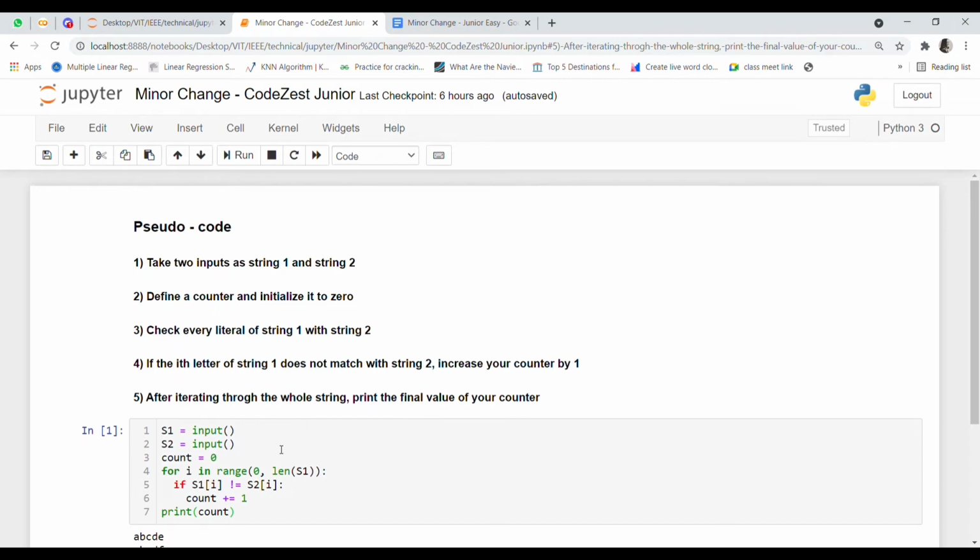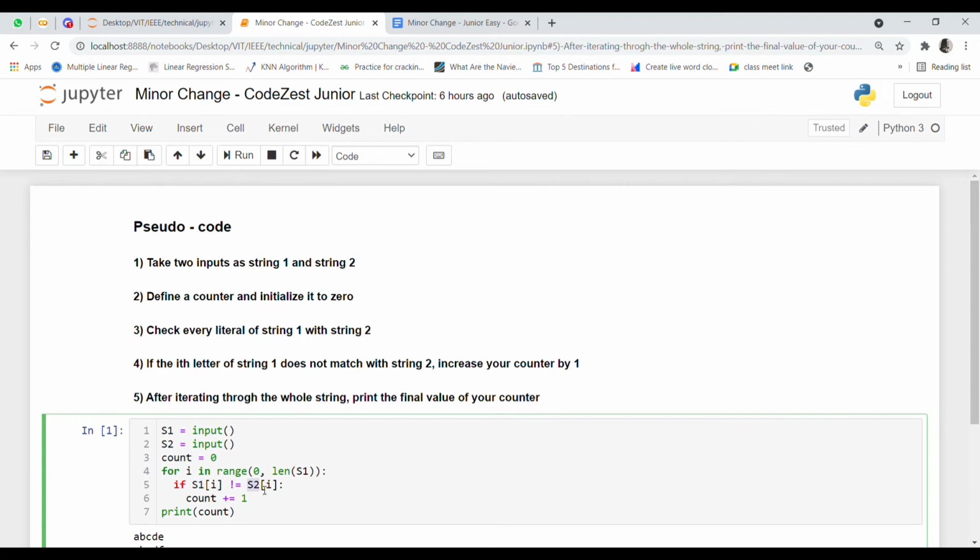Here we have S1, taken in using the input method. String 2 is also taken in using the input method. We define a counter, the variable count, and initialize it to 0. We have a for loop which runs through every character of S1, and an if condition which compares the literal at the ith position of S1 with the literal at the ith position of S2.